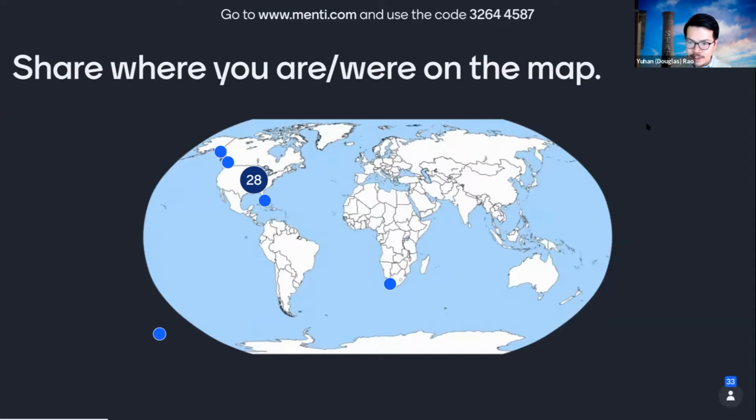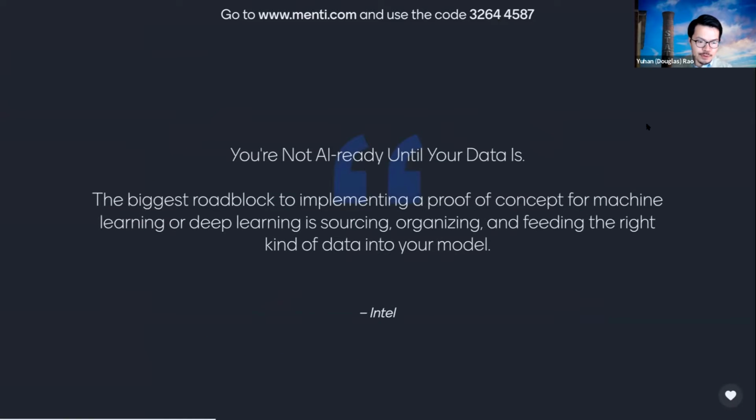Since our session is about AI ready data, to warm up I want to share a quote from Intel about AI ready data: you are not AI ready until your data is. The biggest roadblock to implementing a proof of concept for machine learning or deep learning is sourcing, organizing, and feeding the right kind of data into your model.